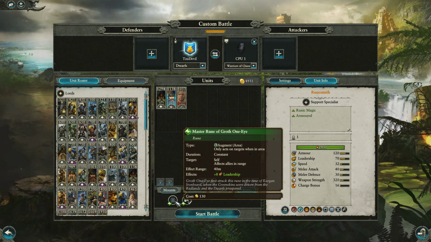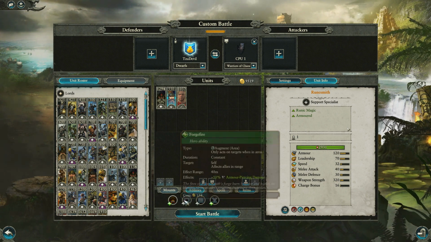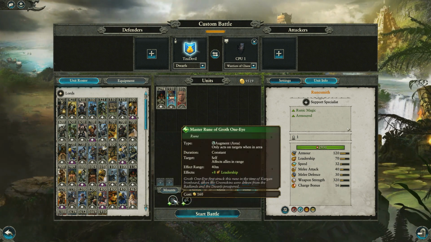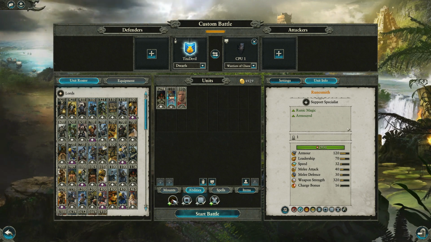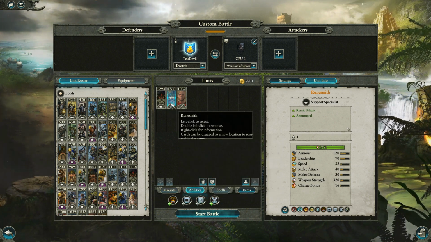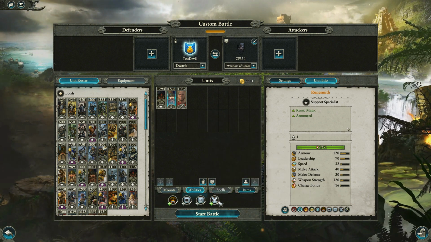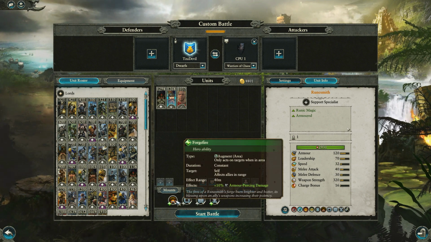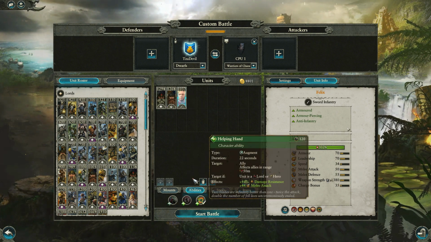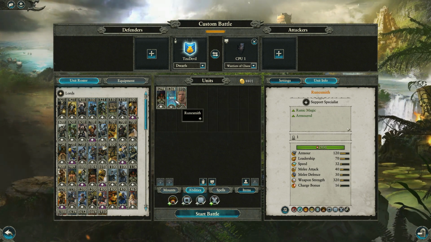And with that extra, everything gets cheaper. This is 130 when you have everything, but when you don't, it's 160. So everything gets a little bit cheaper when you get everything. Technically, bringing a unit with all of its abilities makes everything the cheapest. But with Rune of Negation and Rune of Oath and Steel, that Forge Fire, you might be able to kill stuff like the